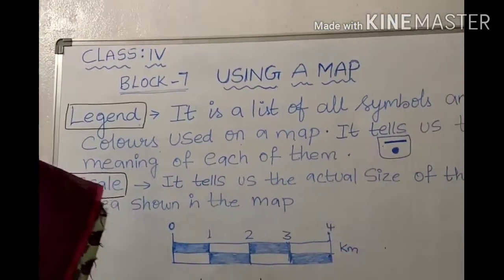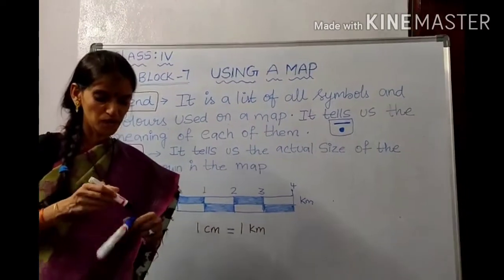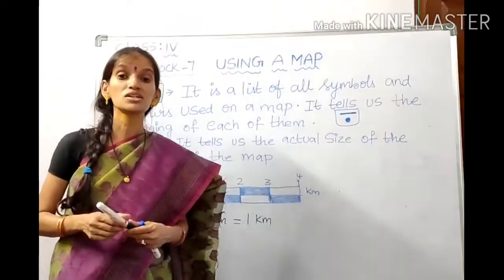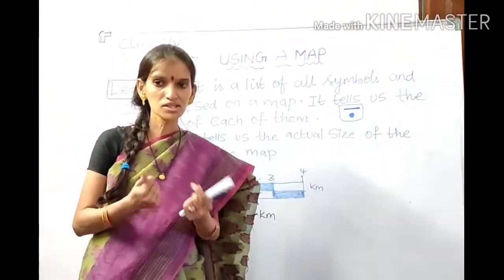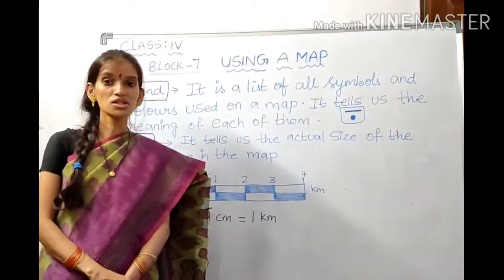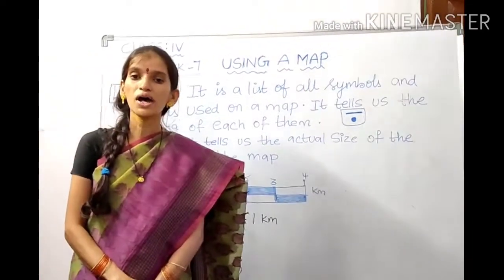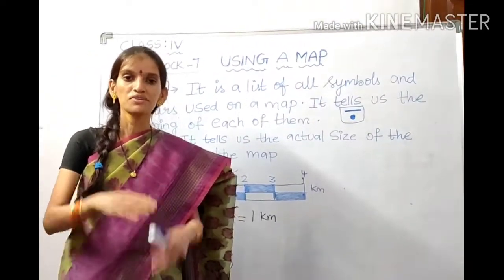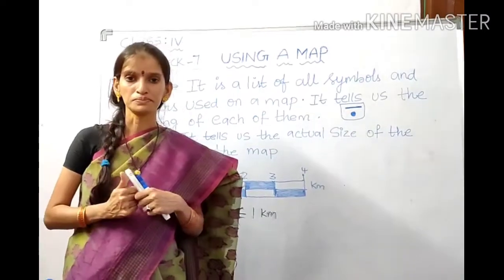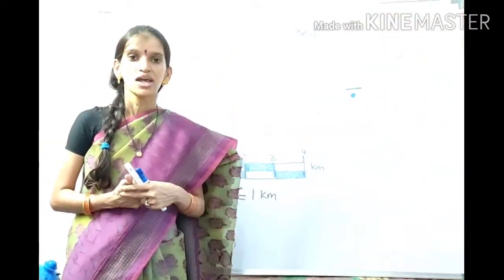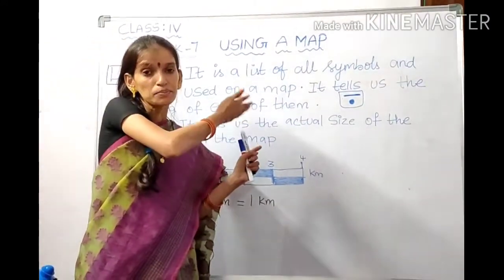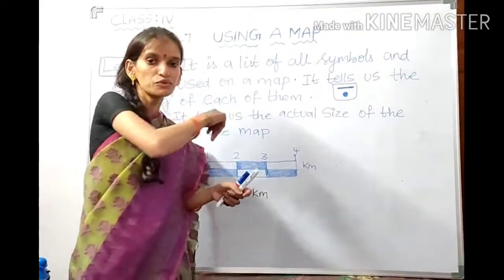So I hope you have all understood about these elements of maps. So these 4 elements of maps help us to read the map. What are the uses of these elements? They help us to read the map. Without these elements, it will not be a true map or complete map. If they are not there in this map, we cannot say it is a true map. And in other words, a map is incomplete without these 4 elements.